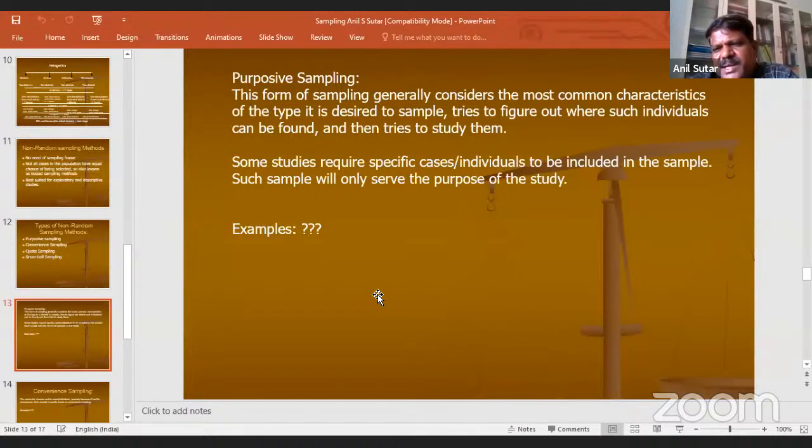That is purposive sampling. Purposive sampling means your study objectives can be fulfilled by selecting that particular sample only. That is the case of purposive sampling. I will come back during discussion if you have any questions.